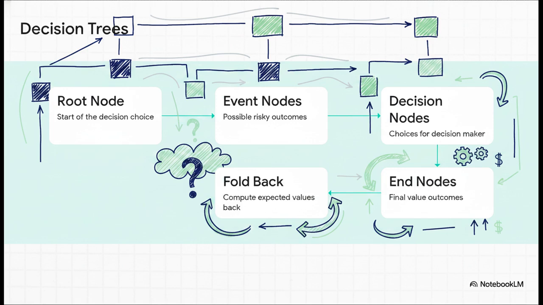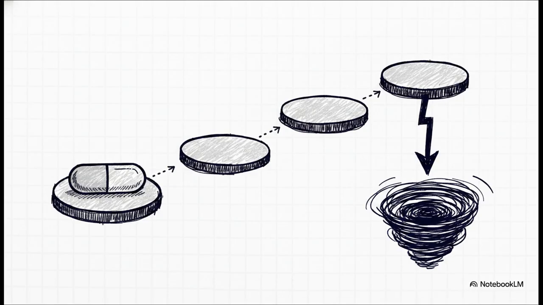The real magic, though, happens in step 5, folding back the tree. It's kind of like time traveling. You calculate the probability-weighted values at the very end of the journey and pull those realities all the way back to the present day. Put yourself in the shoes of a decision maker trying to value a young, single-drug biotech